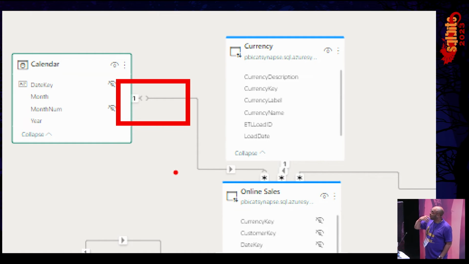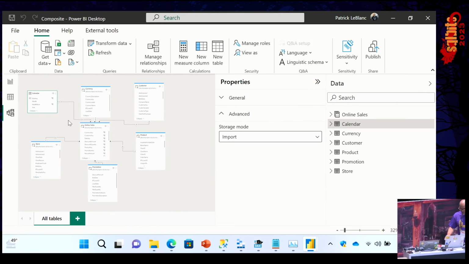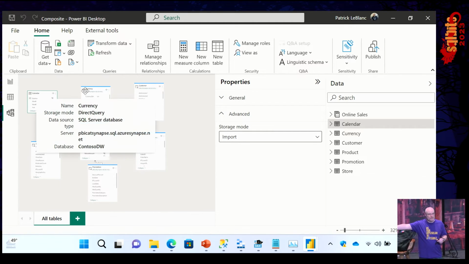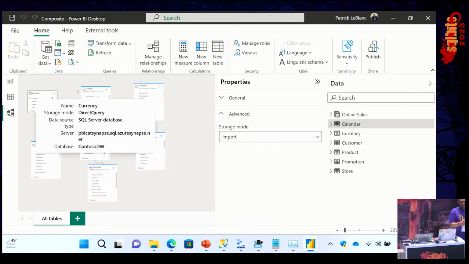Well, in this case, too, if you think about it, the calendar table is imported. So from Power BI Desktop's perspective, all it knows is that it's local. Power BI thinks this table does not exist in the data source where my DirectQuery table is. And so if you do a join of some kind on those two, how does it represent that in the T-SQL query that it's going to send for the DirectQuery table? It has to stuff the whole calendar table into the query, the entire table. So it materializes its own table and joins to that table. And that's not what you want it to do.